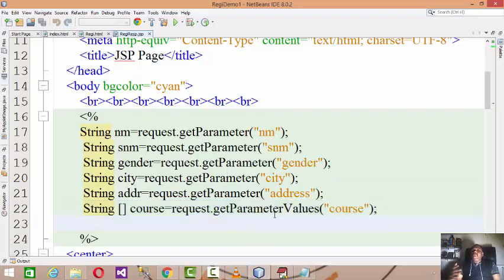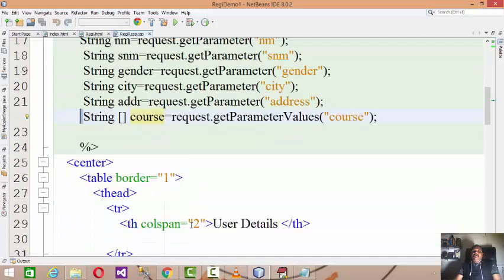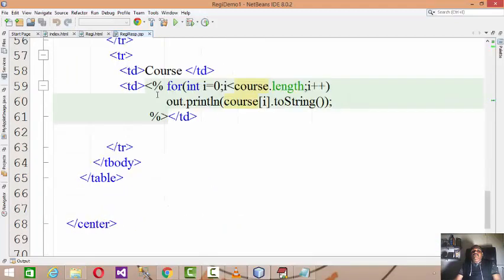But anyway, right now we need to understand about the... We will discuss how to deal with that particular error later on. But while dealing with the checkboxes, as the user has to select multiple values, in the server side code you have to use request.getParameterValues, right? And then you have to hold it in an array of string, and then obviously you need to set the loop to read the data and be able to print it over here.